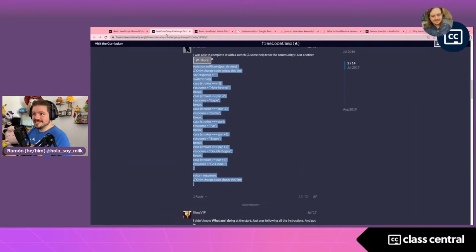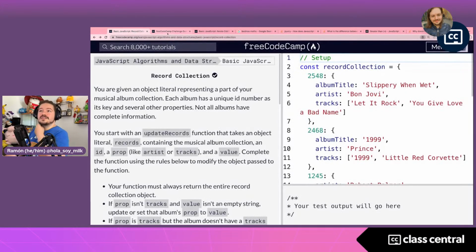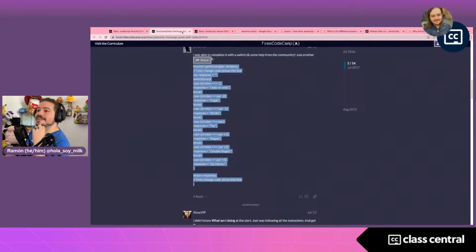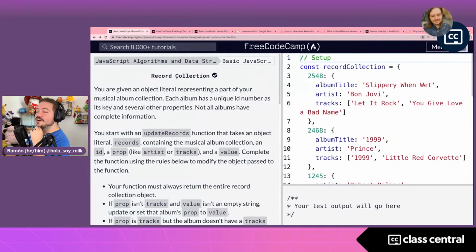Okay. Whoopsie. What was I looking at here? Oh, the golf code. Yeah. I was looking at that earlier today. A lot of people put up their solutions, which is really helpful. And this helps me too. Now, let's look at